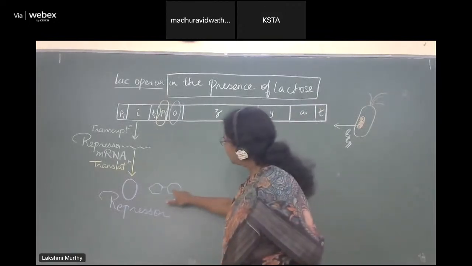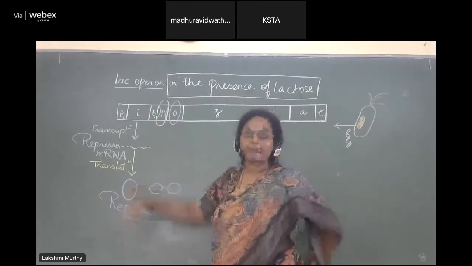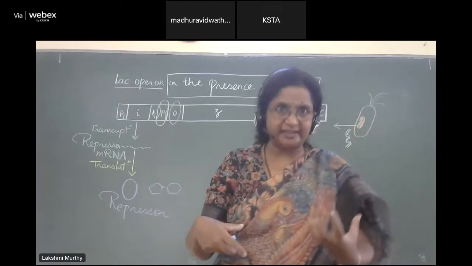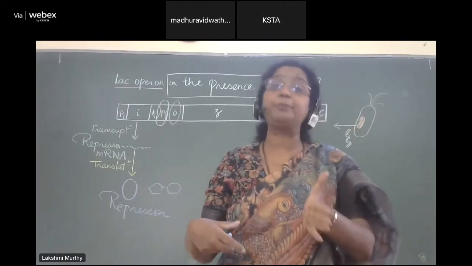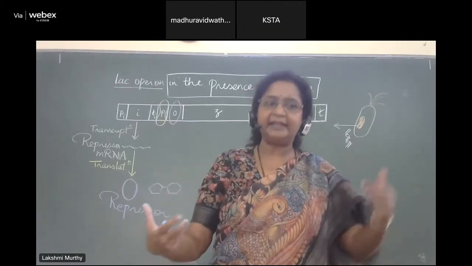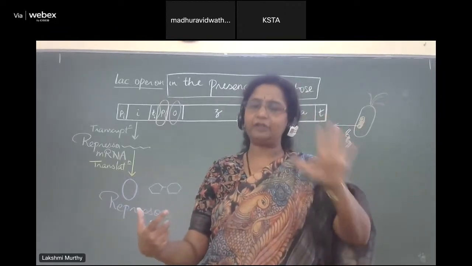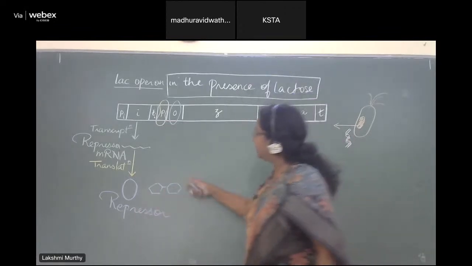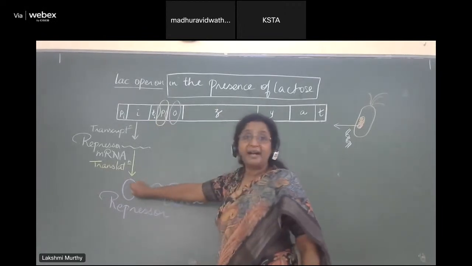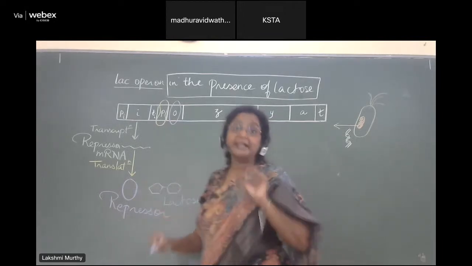Now, this lactose has high affinity to bind to this repressor molecule. I repeat, E. coli is presently growing in a nutritive medium which has lactose as the sugar of choice, and that lactose has to be broken down to get glucose and galactose. So lactose is present and small amounts of lactose will enter into the cell because some channels exist, some level of permeability exists. That lactose, when it comes in, has high affinity to bind to the repressor molecule.